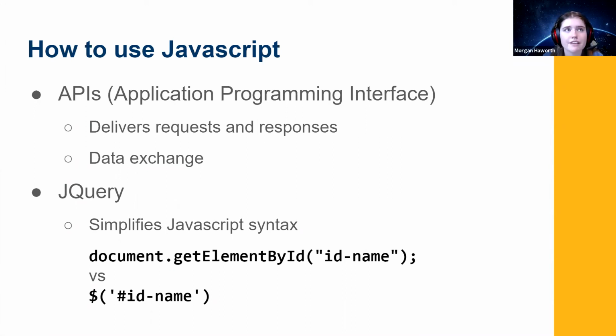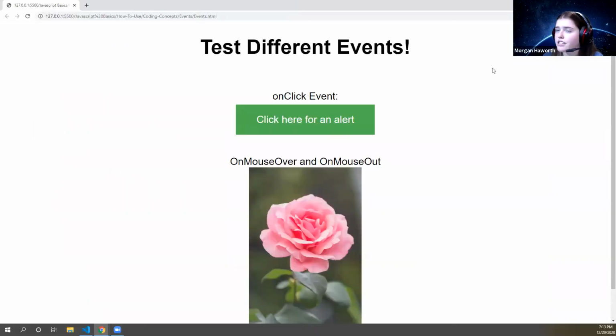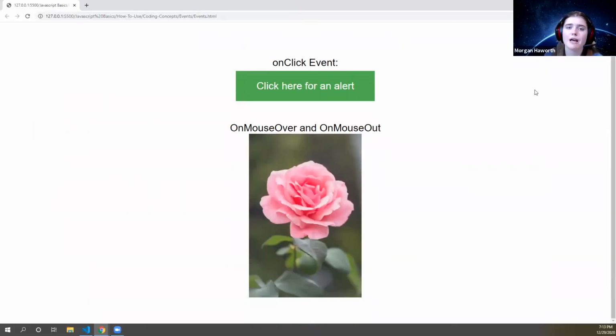So going back to the events, here's an example of the different types of events that we had. We had the on click, the on mouse hover, and then we saw on the conditionals odd even that we also had on change. But here's a quick little website. It's going to show an example of an on click event. So this button, if I pull over the code,